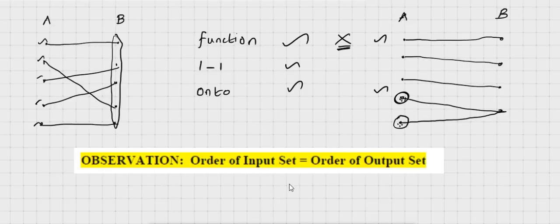Okay, so students, this is the very basic concept whatever we have discussed. Very basic concepts on functions, one-to-one function, onto function, and one-to-one and onto function. Hope you people understand this topic. Thank you, students.